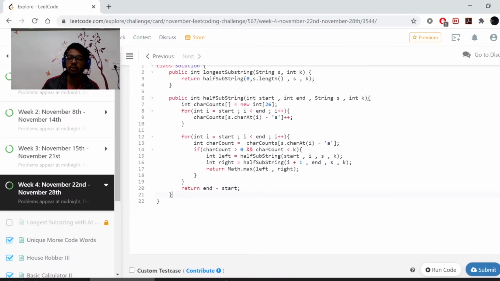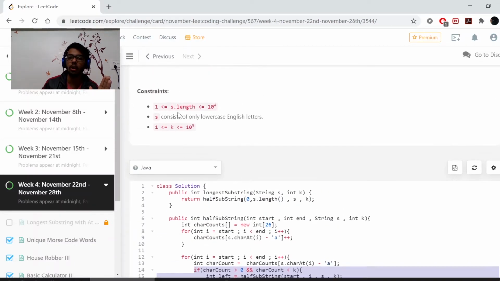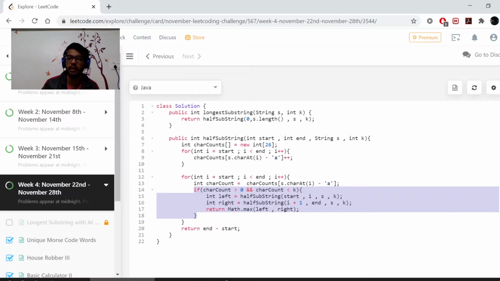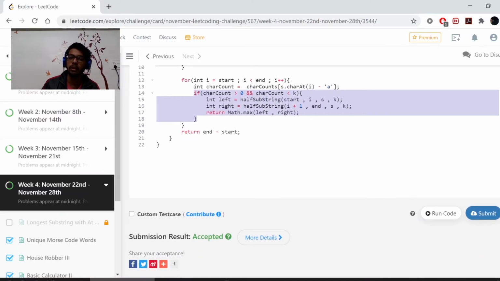So in this loop we won't be going here, because this if statement will never be hit, because all are A and the count of A's every time is greater than or equal to k. So we'll come to this return statement and we'll return end minus start. In this case it would be 3 minus 0, we'll return 3.